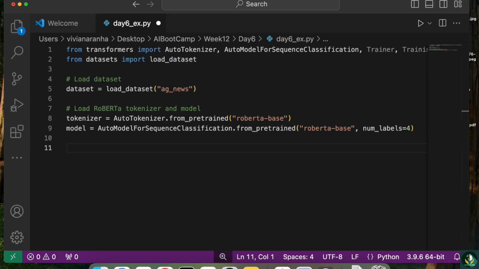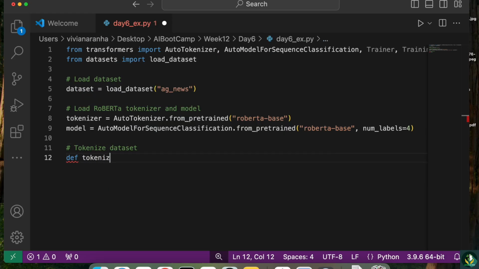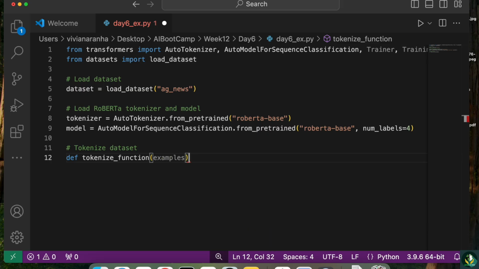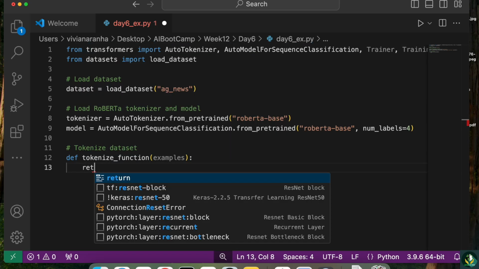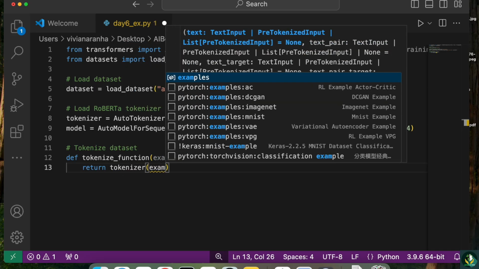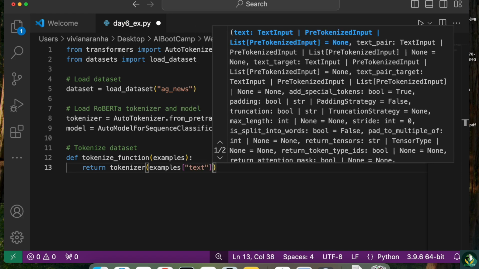Next thing is, let's go ahead and tokenize the data set. For that I'll write a function as before, tokenize data set, and here I'm going to create a function called tokenize_function, and it takes an argument, let's call it examples, and here I am going to say return. So this will return using the tokenizer. I'll pass the examples, which has labeled text,